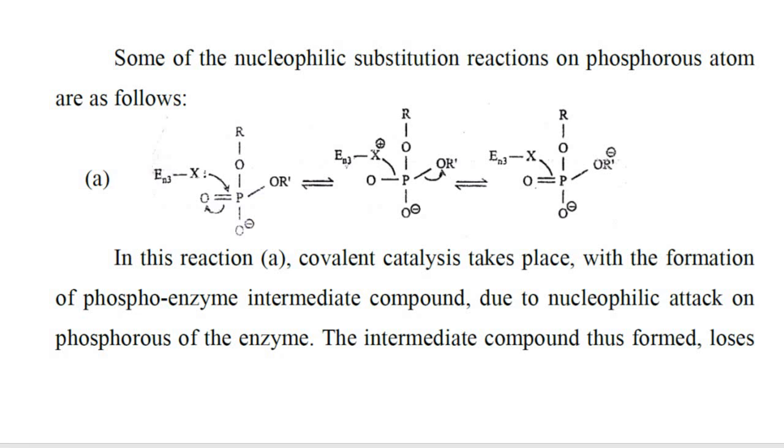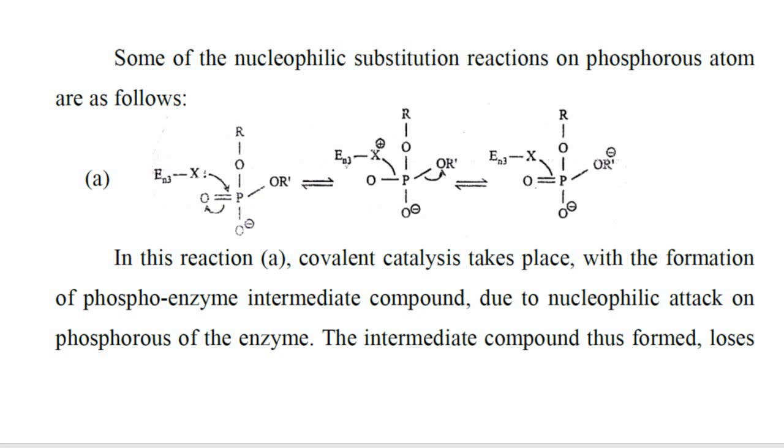So the final products you have here are OR and RO, O minus. So in this reaction A, covalent catalysis takes place with the formation of a phosphoenzyme intermediate compound. Due to nucleophilic attack on phosphorus of the enzyme, the intermediate compound thus formed loses